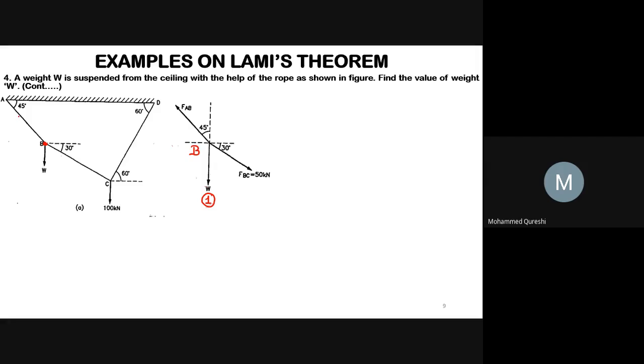Then as this rope is connected with this support, this force will be in upward direction, so we are writing it as FAB. Since W is going downward and this force is going upward, for the system to remain in equilibrium we have to move through the downward direction for this force, that is FBC. So this will be your third force. Hence all the three forces we have indicated in the free body diagram.